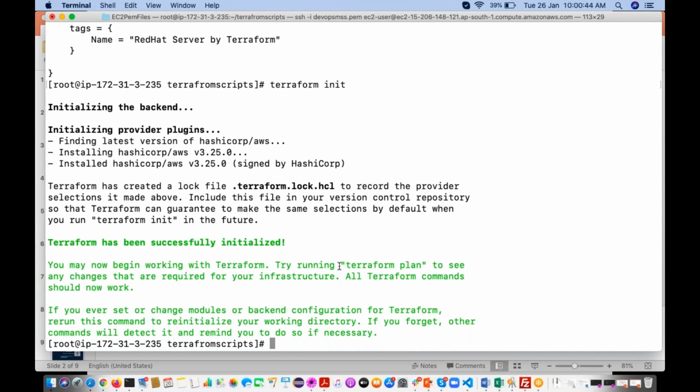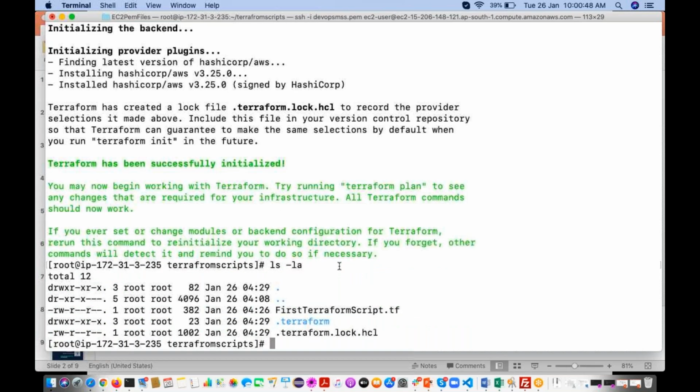Now if you see here, once we execute ls -la, you will see the .terraform directory has been created. Do you remember? After executing the git init command, it creates a directory called .git. Same way, here it is going to create one directory, .terraform.